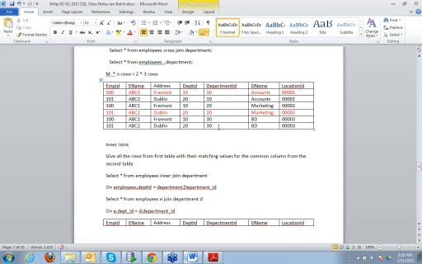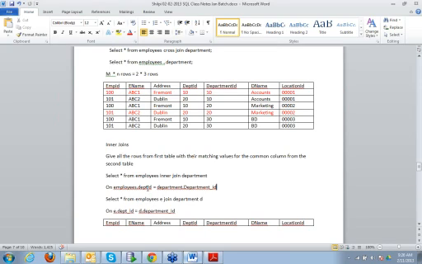Joins are created only in the memory. They don't hold any space on the disk. So when you write a query like this, select star from employees inner join department, and you also specify the column ID on which the join is created, whatever information is produced is in the memory, and you need to extract that information in case you need anything like that in your application, right?